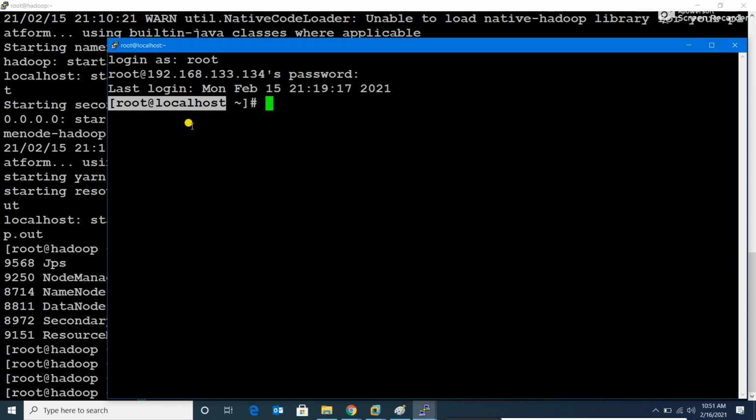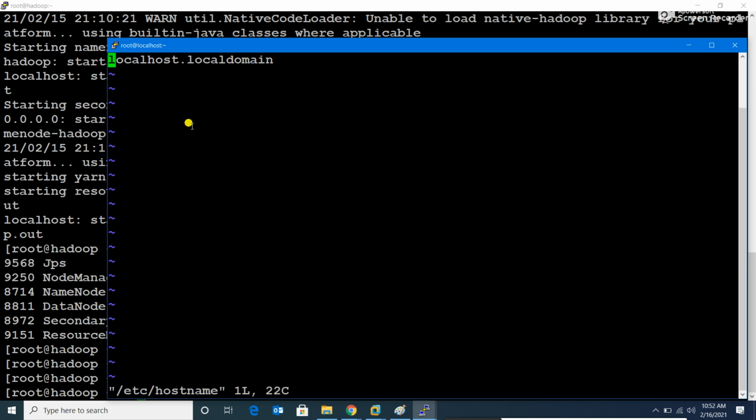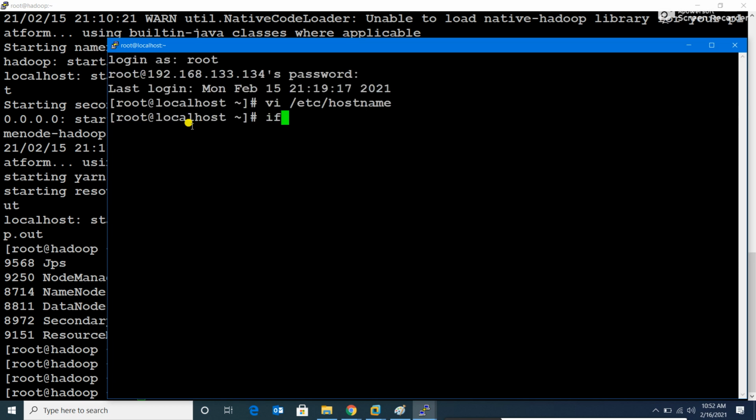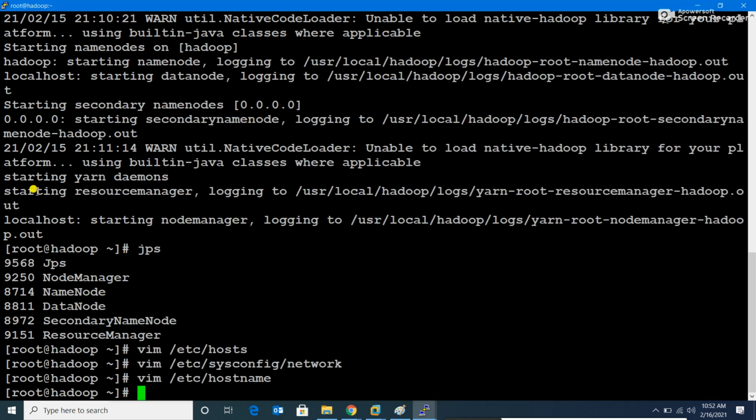Okay. So the first thing, vi /etc/hostname, and here I'll change the host name to slave, and the IP address is this. So I'll use this IP address and not this one.